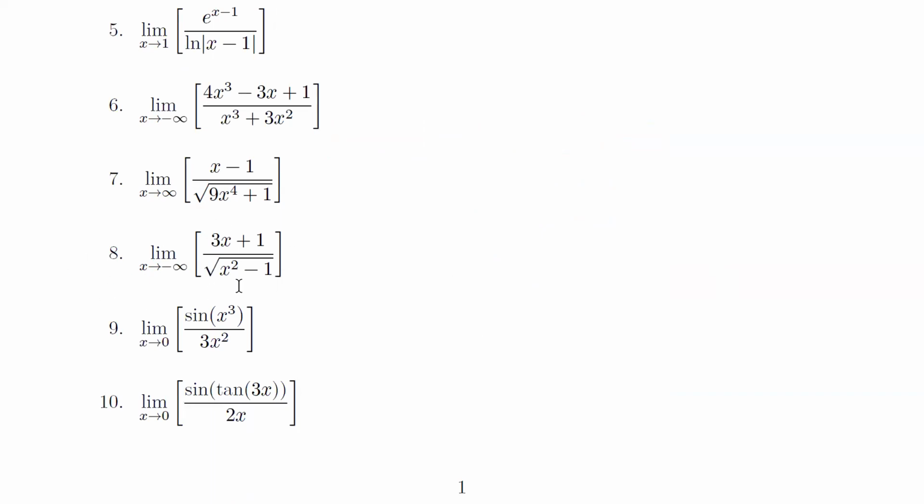Now, question 8, you have to be a bit more careful here. All right, so here we have to be very careful because we have x going to negative infinity and we have a square root inside here. Whenever you have x goes to negative infinity and you have a square root, you can't just simply square root or fourth root or anything, any even root. You can't just simply proceed as before, because you will get the wrong answer,